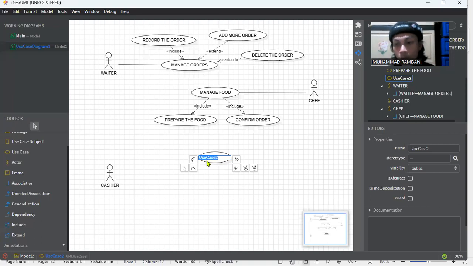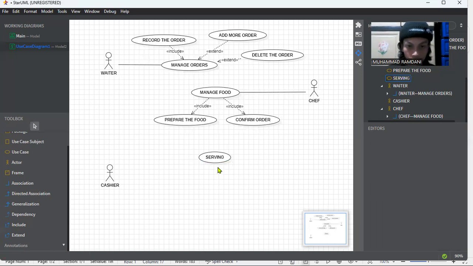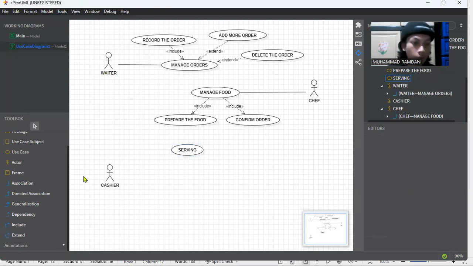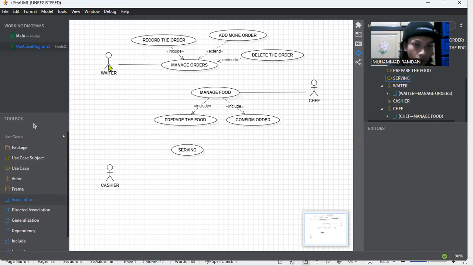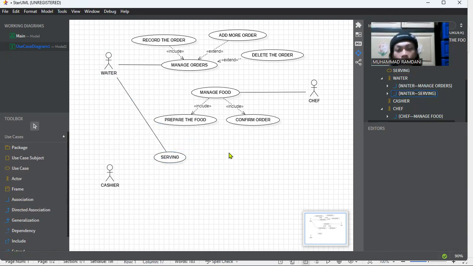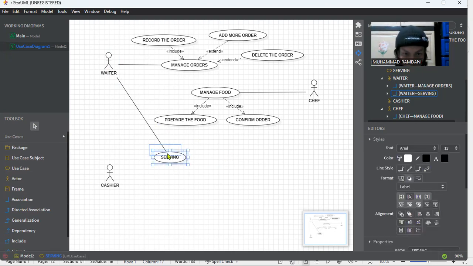We can call it serving. Now, because this is the case between waiter and serving, we connect it each other association,